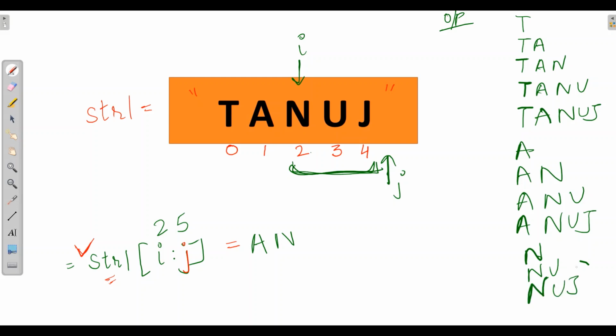So here you have seen it is following the sequence of the string. If it is not following the sequence, then it will be said to be a subsequence, which is another topic. And trust me, these are very important topics for dynamic programming. So you need to know the base of it.